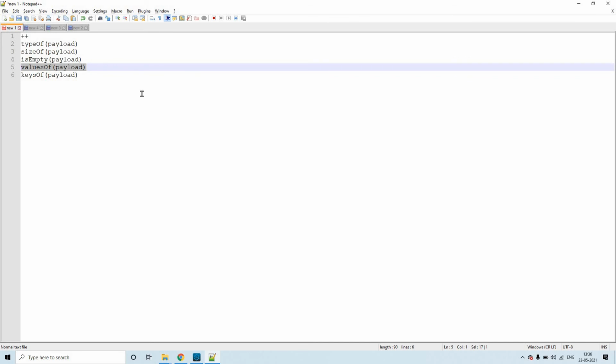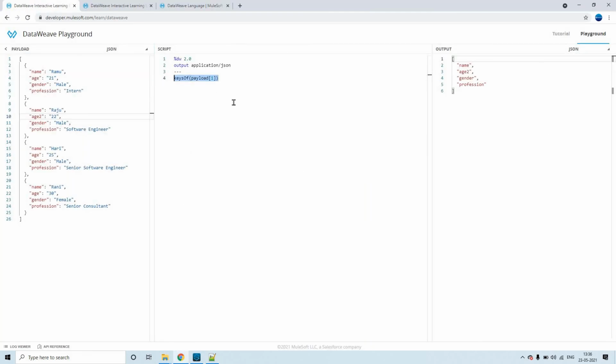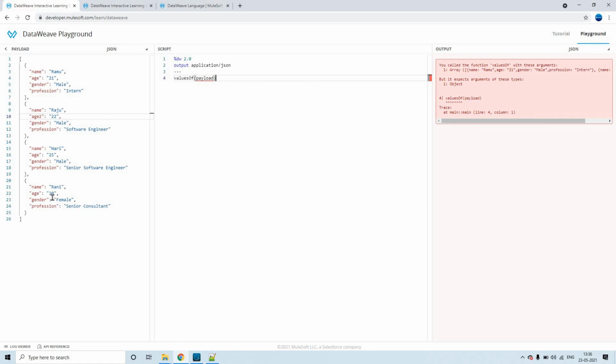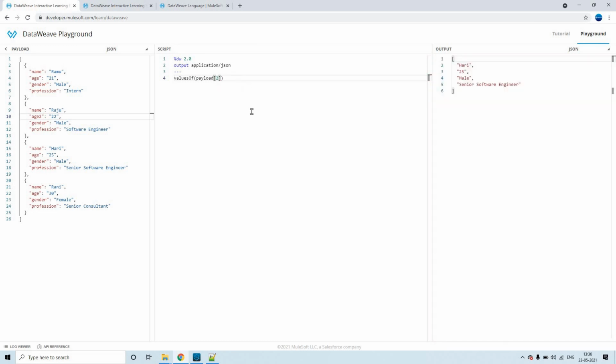Now let me speak about values of. As we have already seen keys of, this is also an easy function. The values of function you cannot directly perform on an array, but you can perform it on something that leads to an object. So here I'll be keeping payload of 2. Now you see it has printed this information: 0, 1, 2, 3.